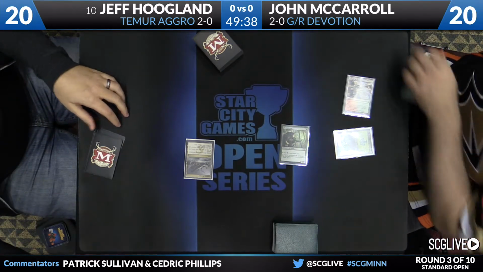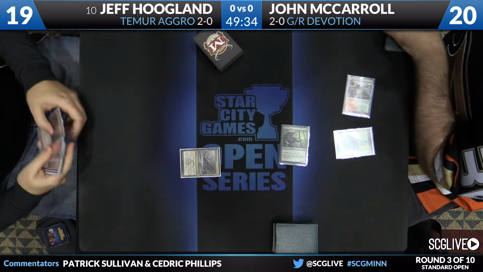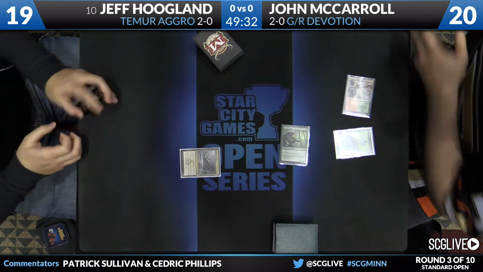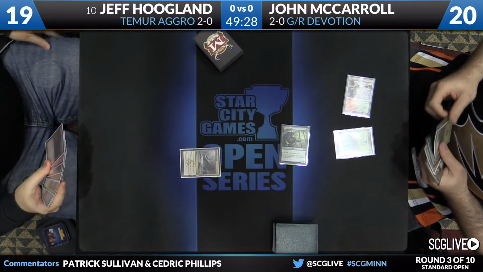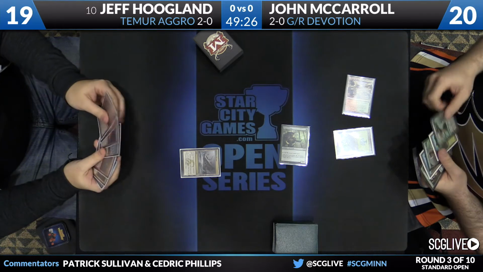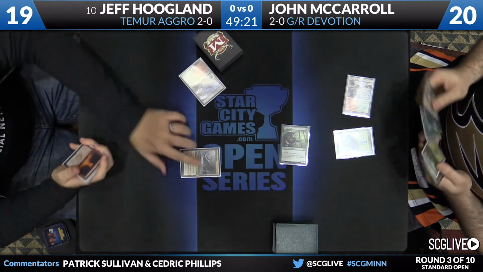And an attack here for John. First blood has been achieved here in round number 3. I suspect this matchup will be challenging for Jeff. I think the Green Devotion deck is just more powerful, and they're doing very close to the same thing in a lot of respects. And Jeff's deck ultimately is about attacking on the ground, which is not a great strategy